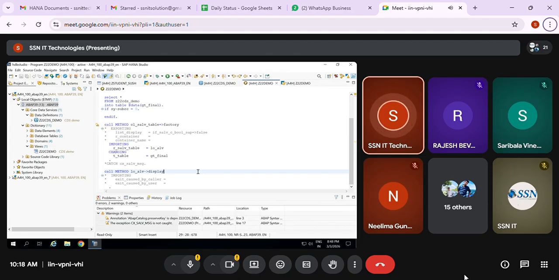But here it takes the existing screen. I can't create all those checkboxes, radio buttons, tab strips, but I can display the data like REUSE_ALV_GRID_DISPLAY. Same like that, I can use CL_SALV_TABLE. I can use the factory method and the display method, and display the data.